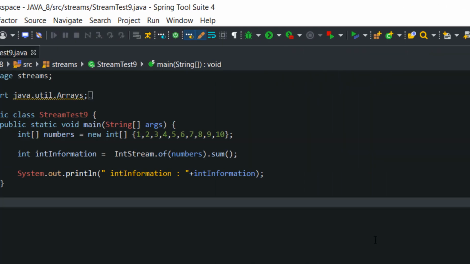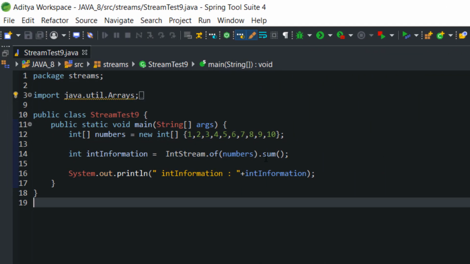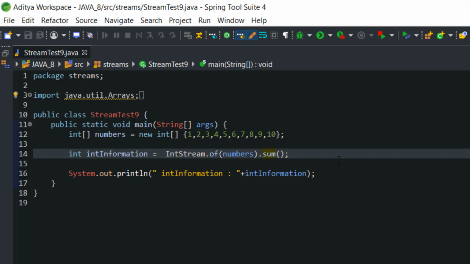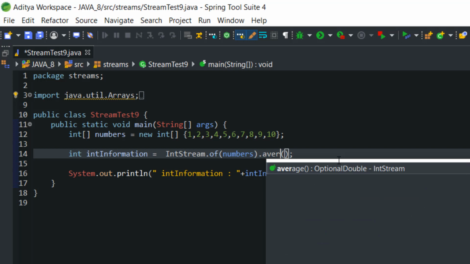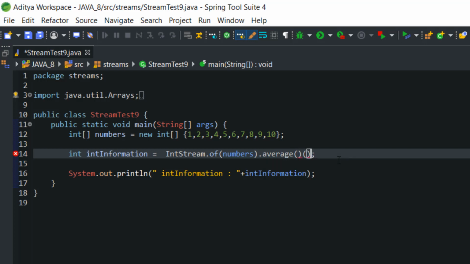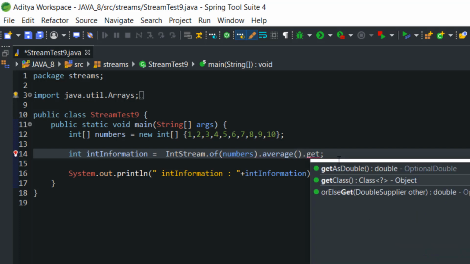Now what if I want the average? In that situation I can use the average method. Average is most generally written as a double, so I am going to write here getAsDouble.